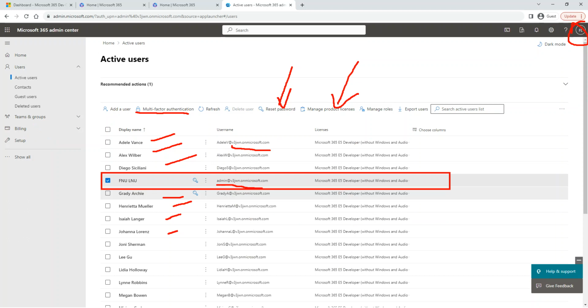As you can see, all of the users have the same pattern in their email. Their email always follows their first name, last initial, at domain.